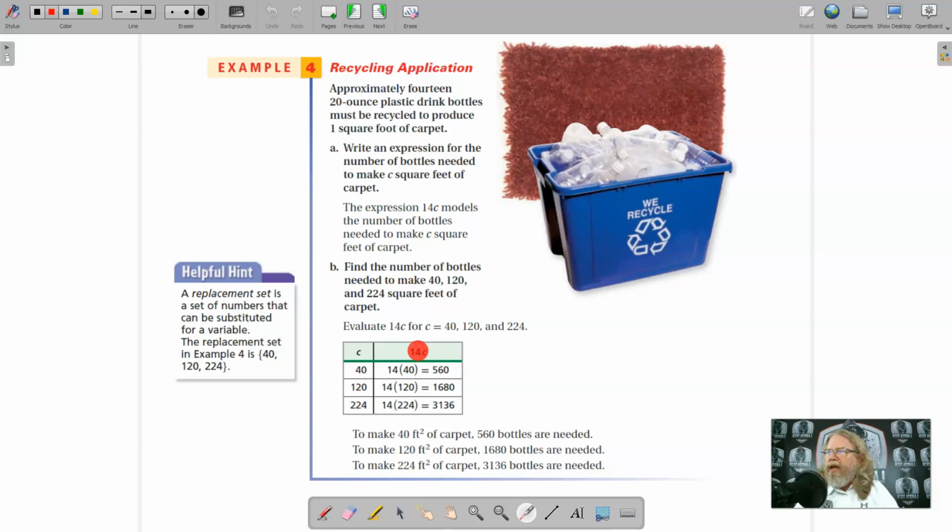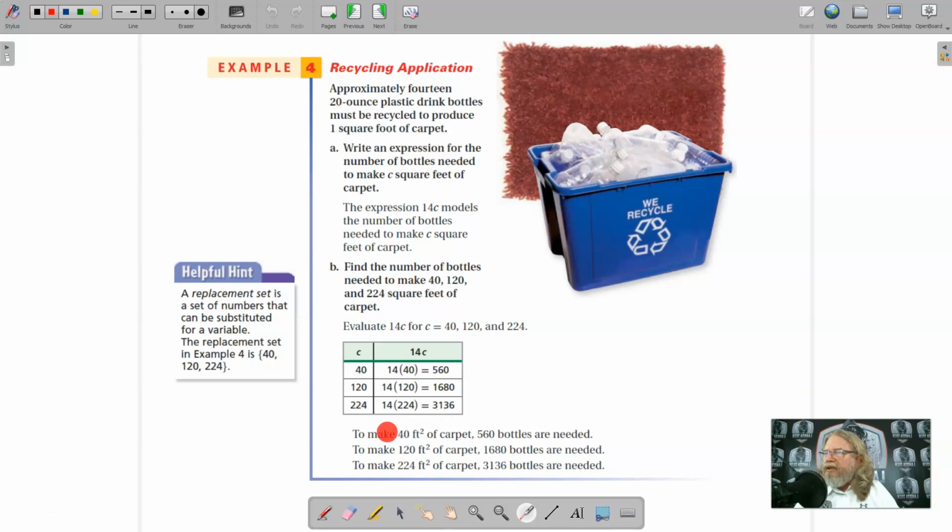And then we have our expression that we wrote for the number of bottles needed to make that many square feet, and our expression was 14C. So now we substitute in our values 40, 120, 224. Do the multiplication on each of these. 14 times 40 is 560. 14 times 120 is 1,680. And 14 times 224 is